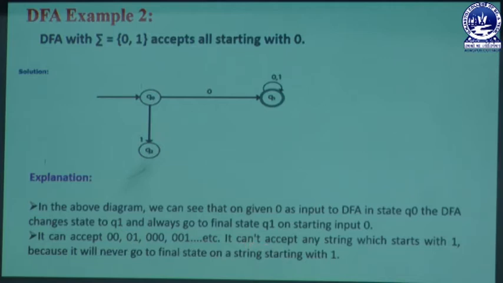That means whenever the user accepts a string value which starts with 1, then it is known as parameter 1. And whenever the user provides any other values, it never creates any other states in that diagram. Due to this DFA diagram formation, we can easily mention here that the user can accept any number of strings, it may be 00 or 01, 000, 011, whatever, but the value should start with 0. If that string does not start with 0, then it is known as a complicated process.